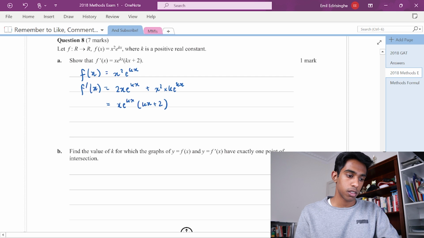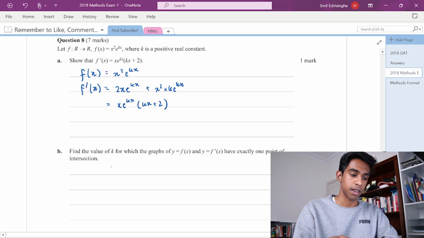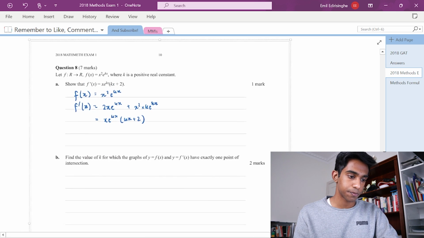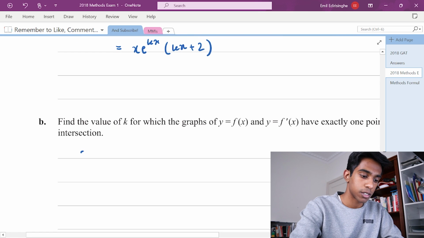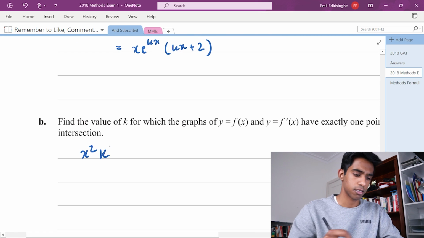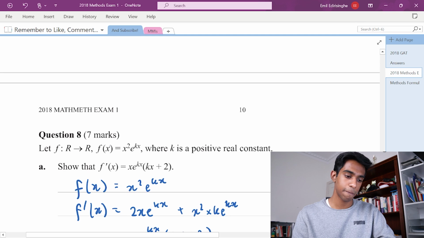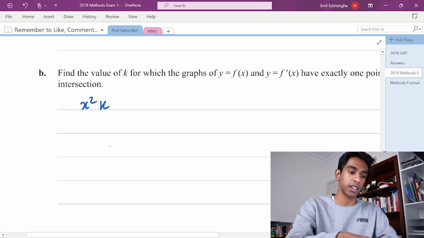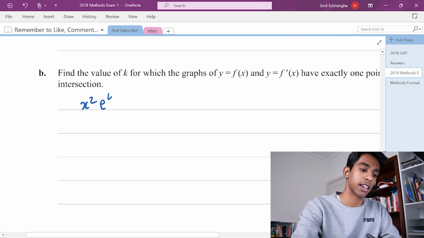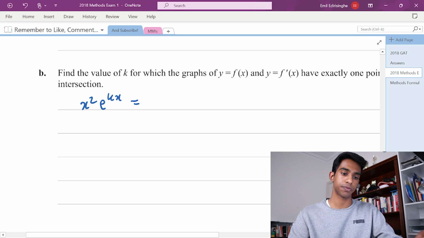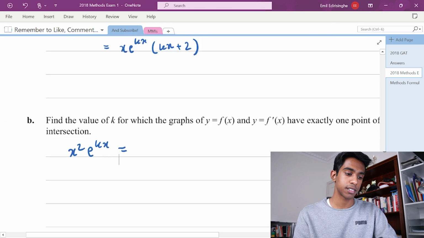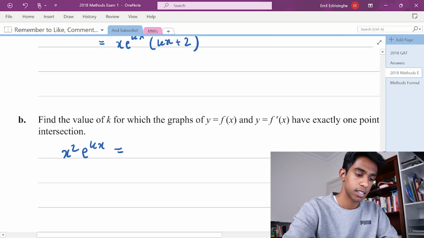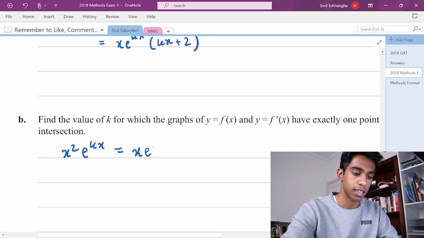So x squared e to the kx equals x e to the kx,